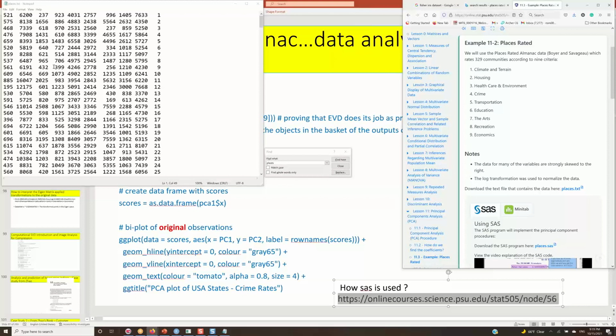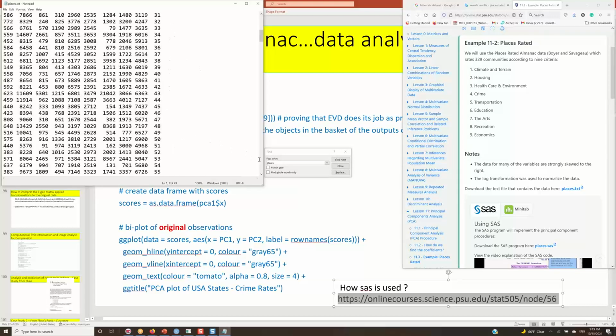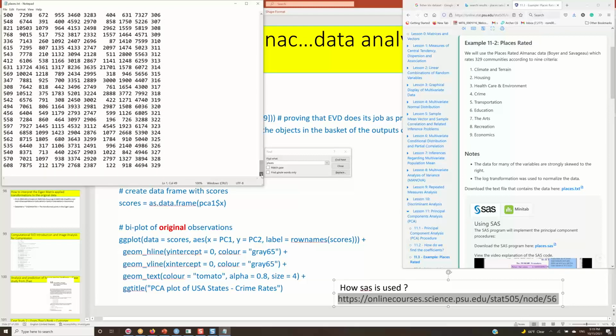And this is the score that they collect among people. This is the score value, the aggregated data they have here. There are 9 variables, and for each of the 329 places. So this is the raw data. Okay, so you want to find out,